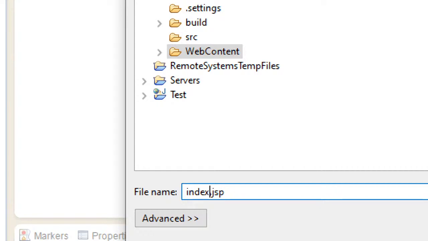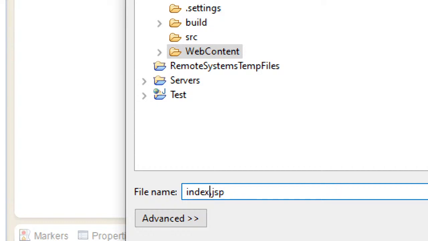That means any file with the name index.jsp or index.html will be the first processed file by the web server. Just like for the console, what is the starting point of execution? Main. Similarly for web server, what it will be loading is the index.html. Index.html is the first page that gets loaded.